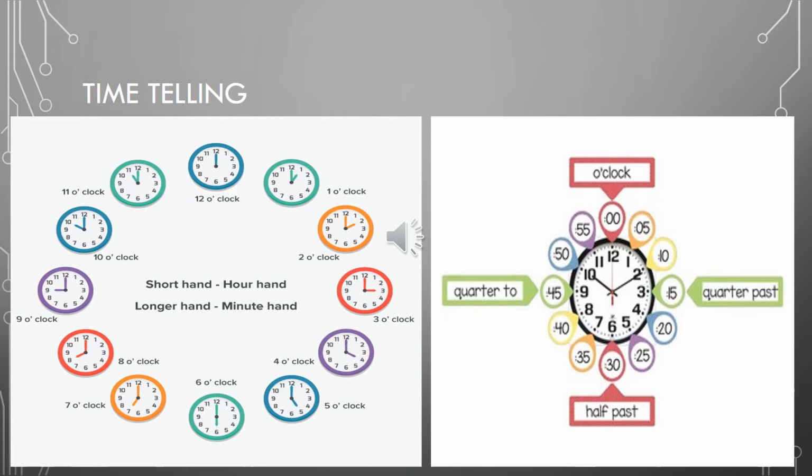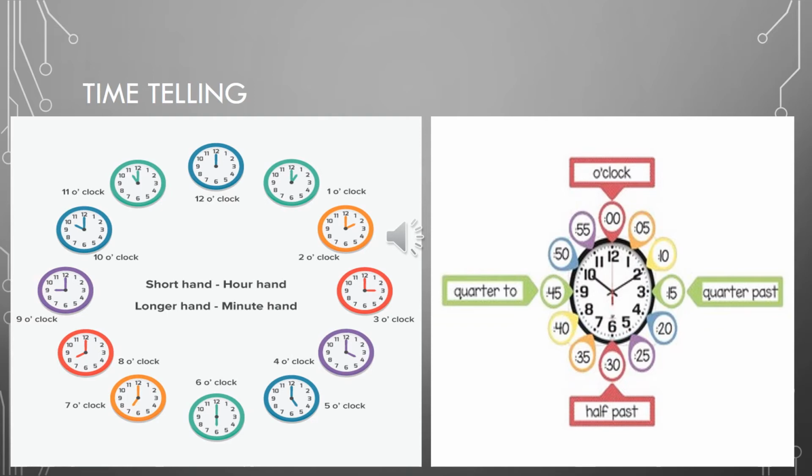Done. Similar like this, when the minutes hand moves towards 9 and the hour hand is on 5, what will we say? It's quarter to 6. What does it mean? That there is a quarter remaining to 6 o'clock. ठीक है, यानी 6 बजने में सिर्फ एक क्वार्टर बाकी है. 15 minutes are left for 6 o'clock. Done? Is it clear?